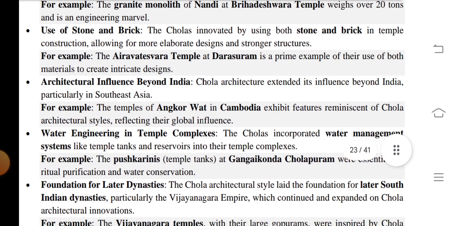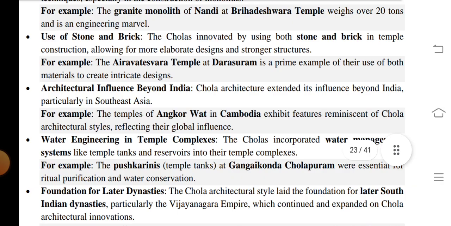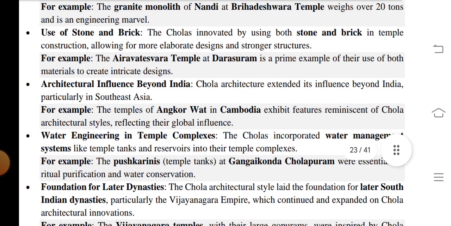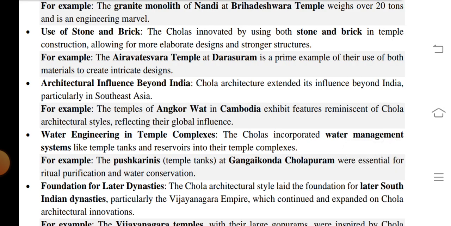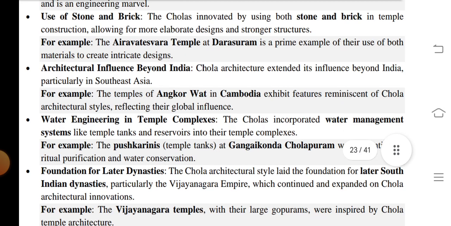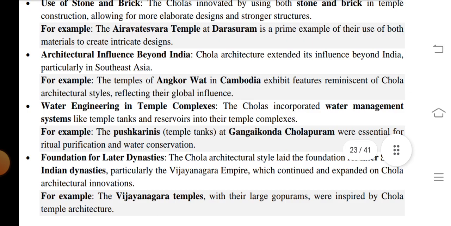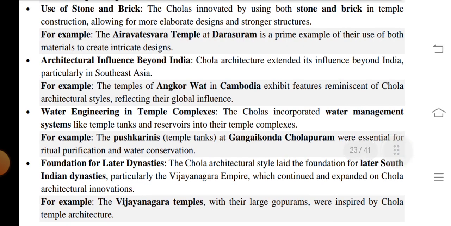monoliths. For example, the granite monolith of the Nandi at the Brihadeshwara temple weighs over 20 tons and is an engineering marvel. Use of stones and bricks. The Cholas evolved by using both stones and bricks in temple construction, allowing for more elaborate designs and